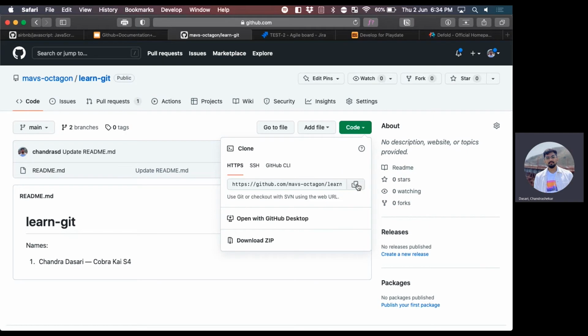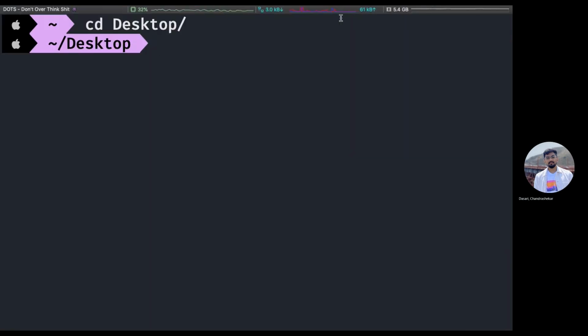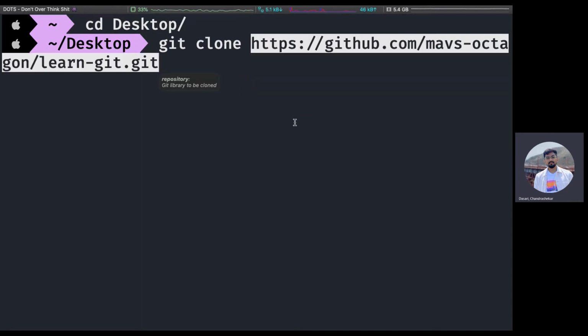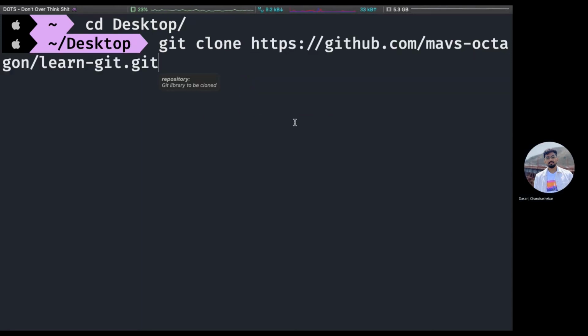There's a copy button here. It copies the link for you. Once you're done with that, go to the terminal and type the command git clone and paste the URL that you just copied.